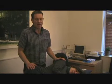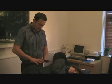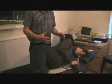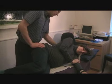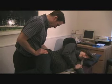So women can get cramps later on in the pregnancy, they can get cold or pins and needles and numbness down the legs, and that's because of the structural influence from the baby affecting the low back and the pelvis and the circulation. Okay, so I'm just going to start with just starting to do a little bit of rocking, because